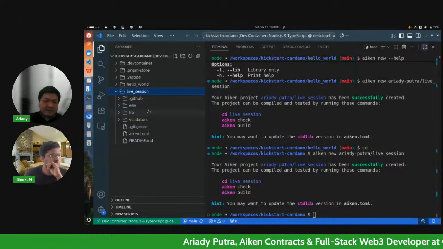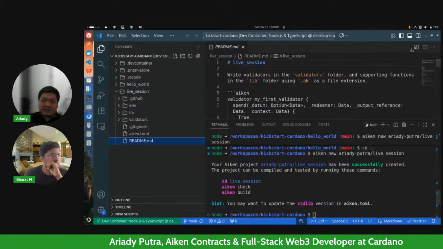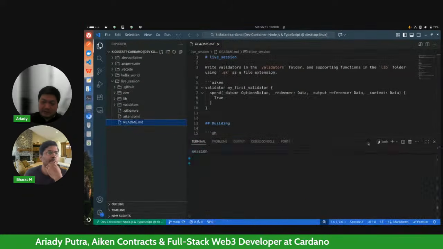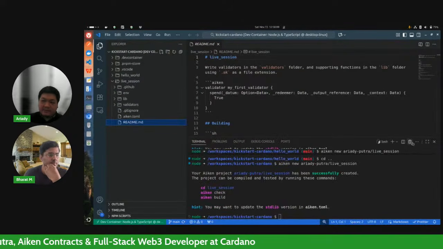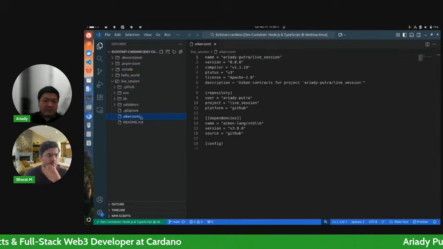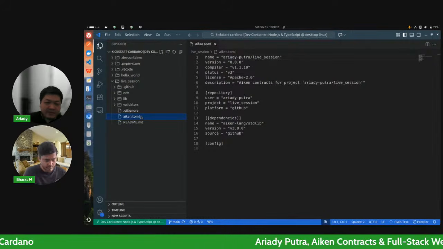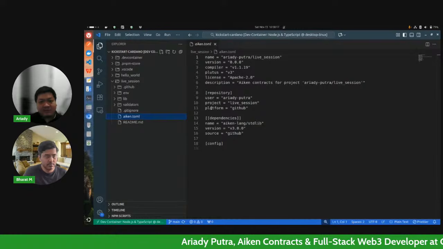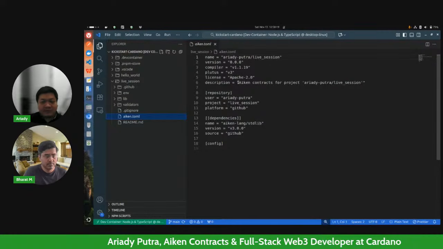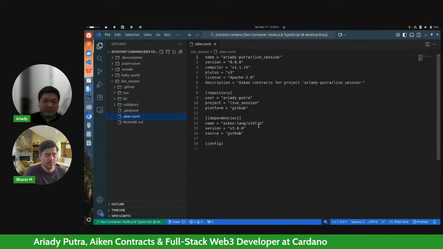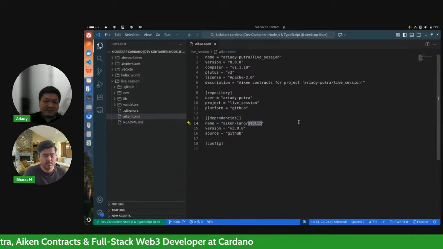And there are several files here. There is the README, and then this is aiken.toml. The toml file is kind of like a package.json file. This is where your project's configurations are, and at the moment we only have one dependency, which is the Aiken standard library.